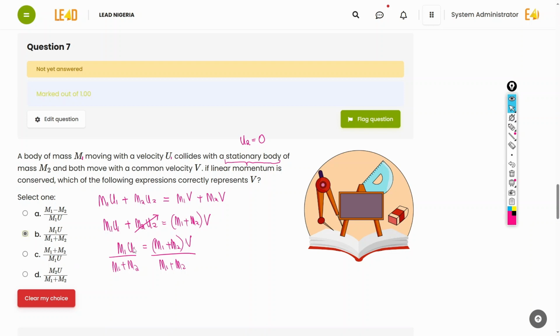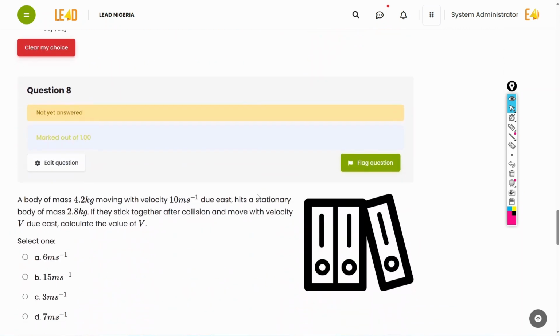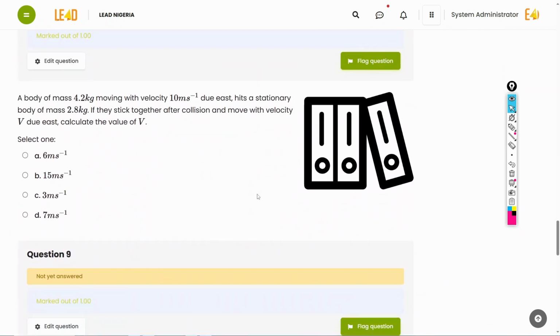Okay, next question. Question 8 says, a body of mass 4.2 kg moving with a velocity of 10 meters per second due east hits a stationary body of 2.5 kg. If they stick together after collision and move with a velocity of v due east, calculate the value of v. Okay, so we have momentum will be conserved, right? So we're going to have